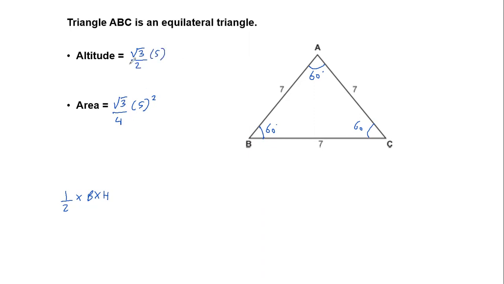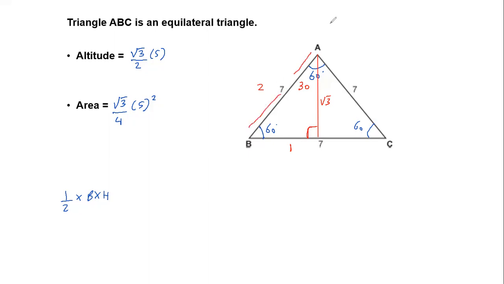Now we have directly written the formulas because we should directly remember it, but how they are actually developed, if you just look through the triangle, you'll realize that every equilateral triangle can actually be broken down into two special triangles if you just draw a perpendicular in front of 60. So this is 90, this is 60, this will automatically become 30. And what will be the ratio? The side in front of 30 is 1, the side in front of 60, root 3, the side in front of 90, the ratio is 2.